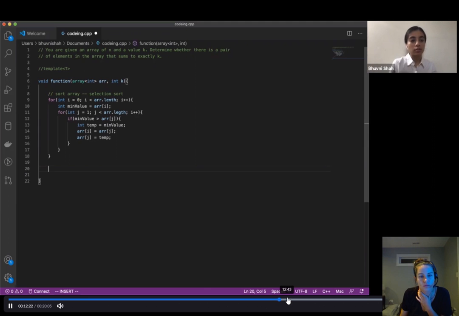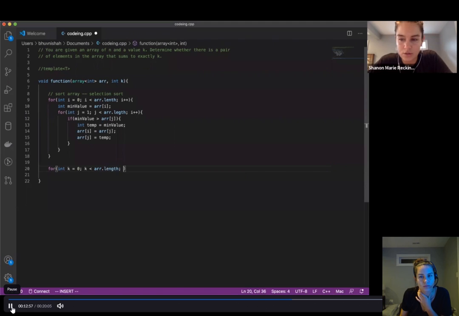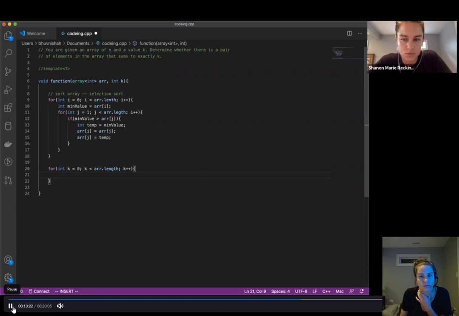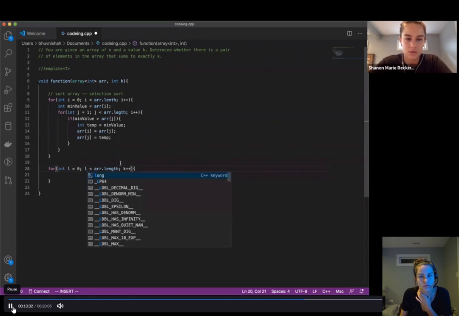So I need to find pairs that equal exactly k. So then now I'll go and look for equals 0. Oh, it's less than. So you're going to search the array now? Yes. What are you going to search for? So I think I'll just search for sums that are less than k, and then if I hit a number that's greater than k, I won't look at those values at all. You're going to do every two pairs, or are you going to do another nested loop?